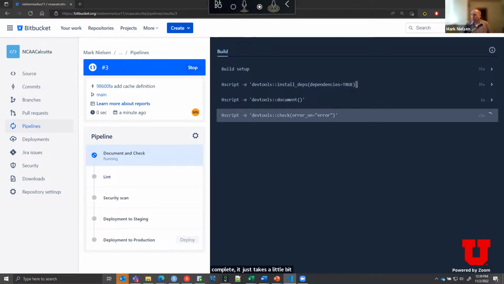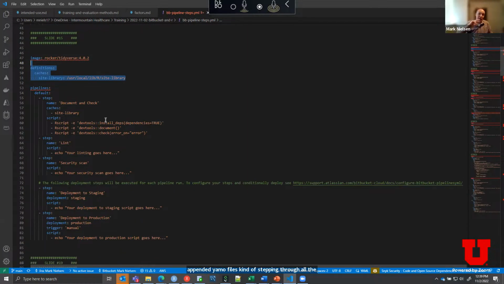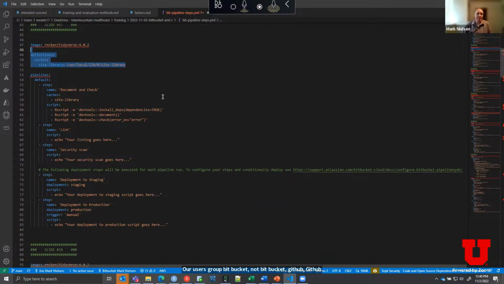So I did want to show, for the sake of time, we're not going to do these next steps one by one, but you can follow through this YAML file, which is invalid, right? Because I've appended YAML files, kind of stepping through all the changes that I'm making, and my slides will be available on the Salt Lake City R users group, Bitbucket, not Bitbucket, GitHub page, GitHub repository. Anyway,